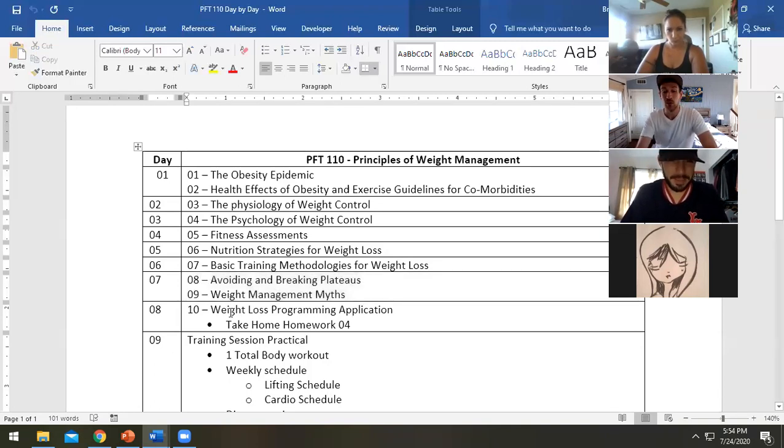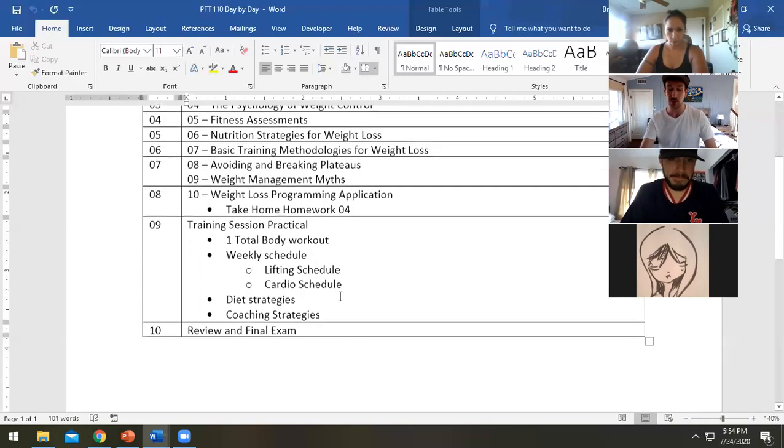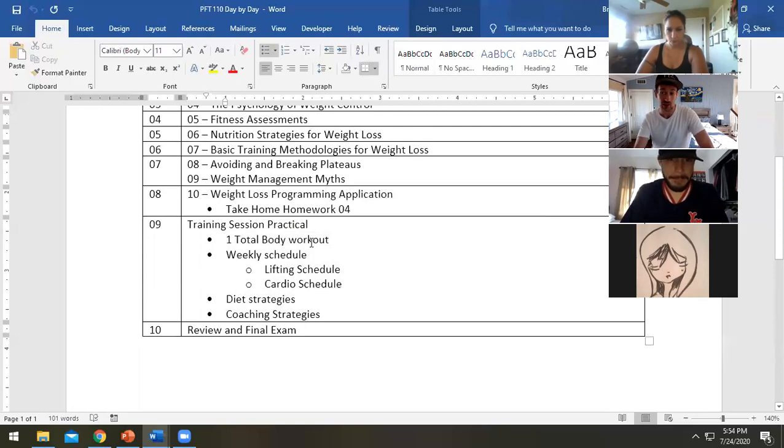Then we're going to get into our weight loss programming application where we really will dive into actually writing programs. And then we will have our training session practical. In this class, that training session practical is basically going to be writing one total body workout that you could do a couple times a week. But then we're going to lay out what that weekly lifting schedule is, what a cardio schedule is, talk about some diet strategies, and then any other coaching tips that we can do, like